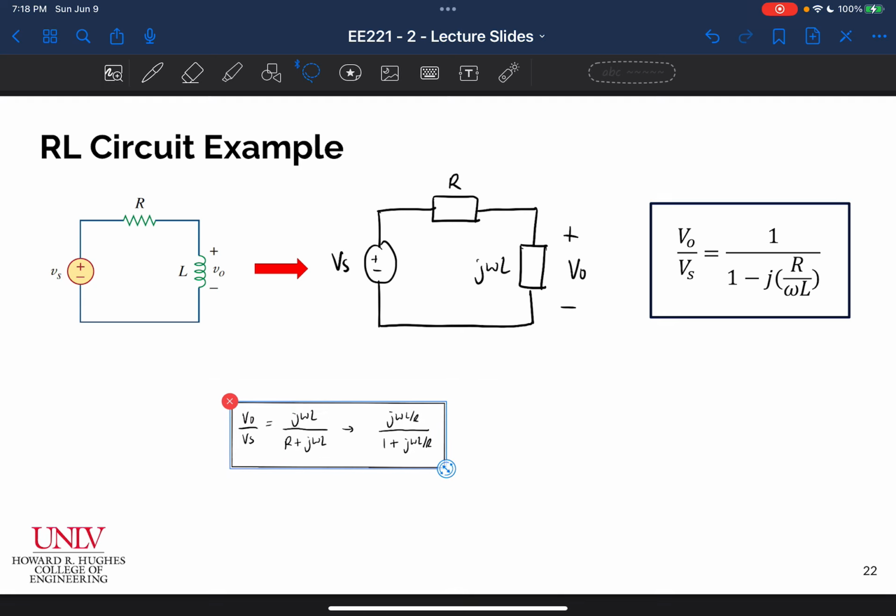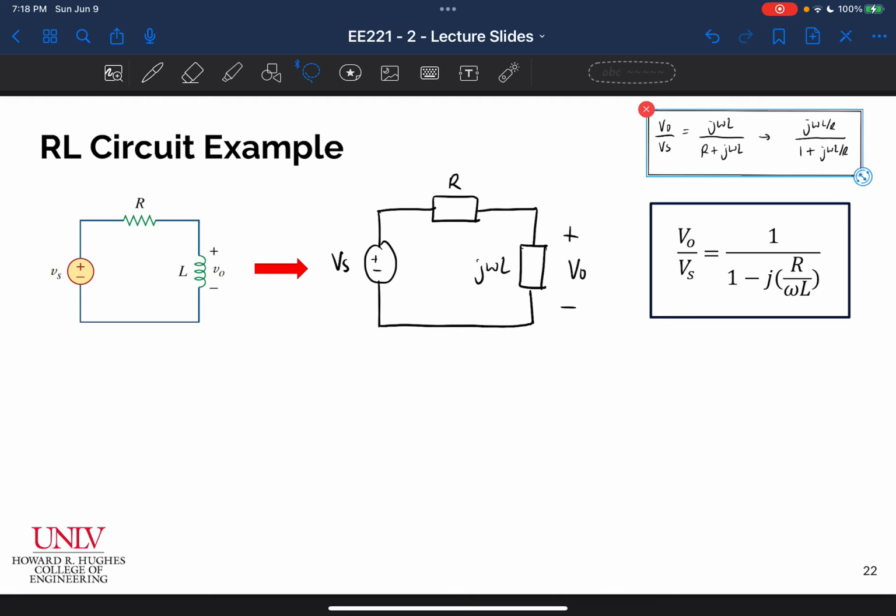Let me resize this and just throw it right here. It doesn't look exactly the same as what I have boxed here, but I just did some algebraic manipulation, dividing the top and the bottom by j omega L over R to get it into this form to make the math easier. And if you remember what we did previously for the RC circuit, we just started with